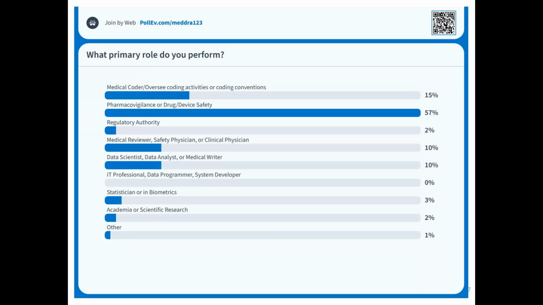Okay, so as usual, the majority of the folks who joined us are from pharmacovigilance or drug device safety, but we also have a diverse representation across the industry. So another reminder that MedDRA is a valuable tool adaptable to various functional teams. All right, so